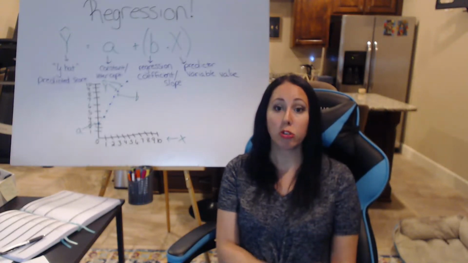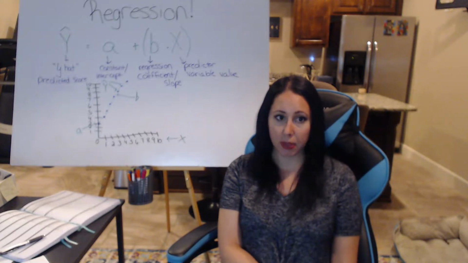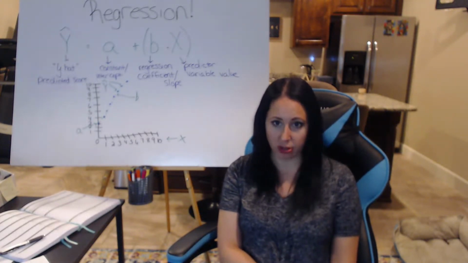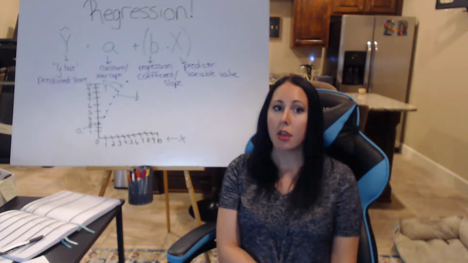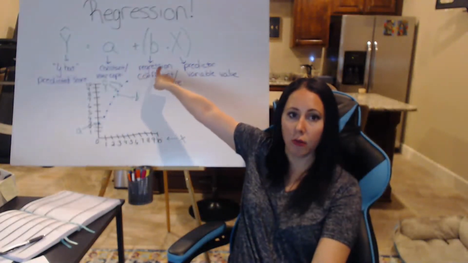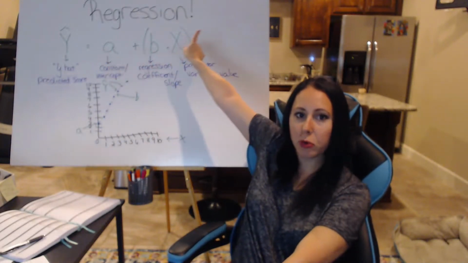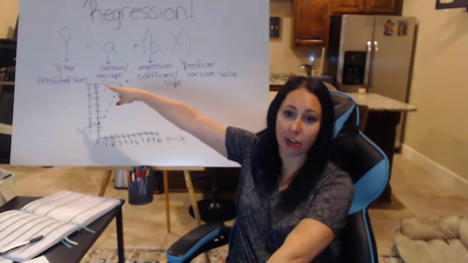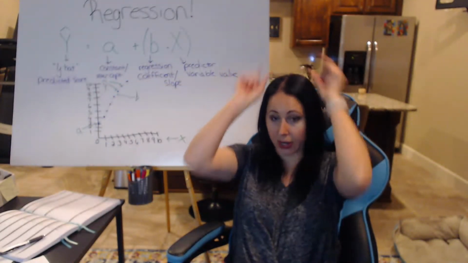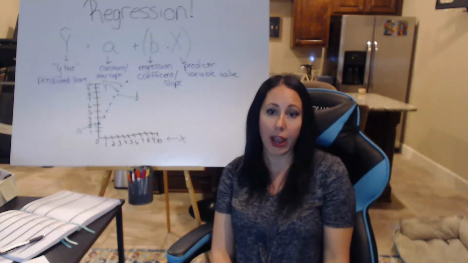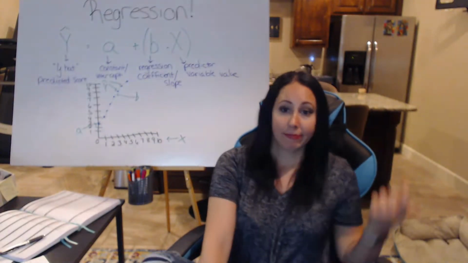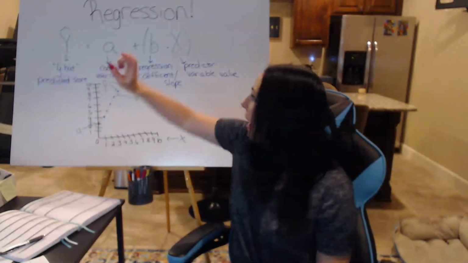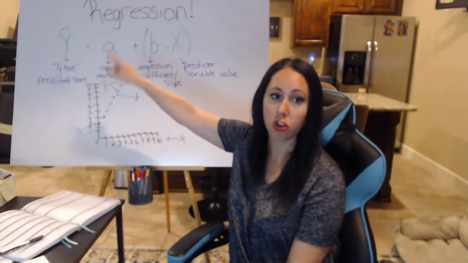So we're going to go through both slowly. I'm first going to explain to you the math of what we're doing here. There's a lot of symbols and a lot of equations involved in regression. The main symbol that you need to know is this algebra looking thing right here. Y hat, and yes, that is actually what we call it. The letter Y that looks like it's wearing a little hat, we actually call it Y hat because apparently that is the level of creativity possessed by statisticians. Y hat is your predicted score,